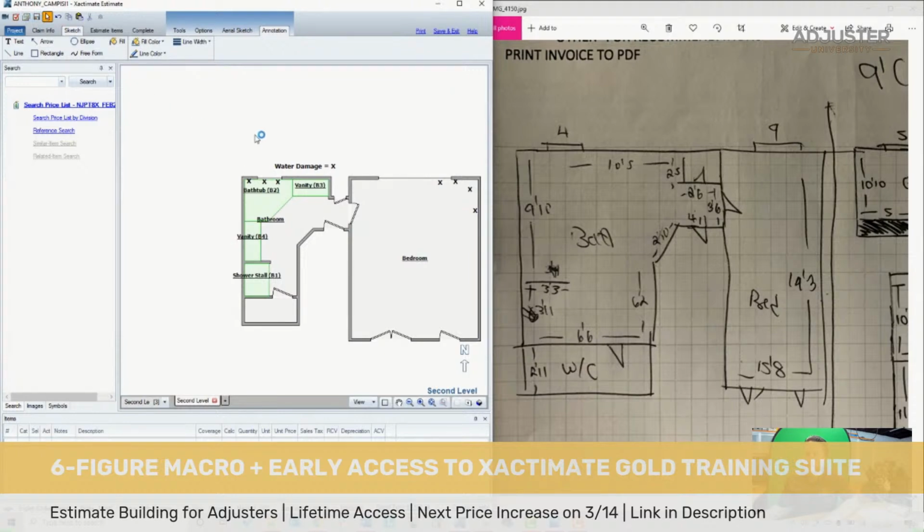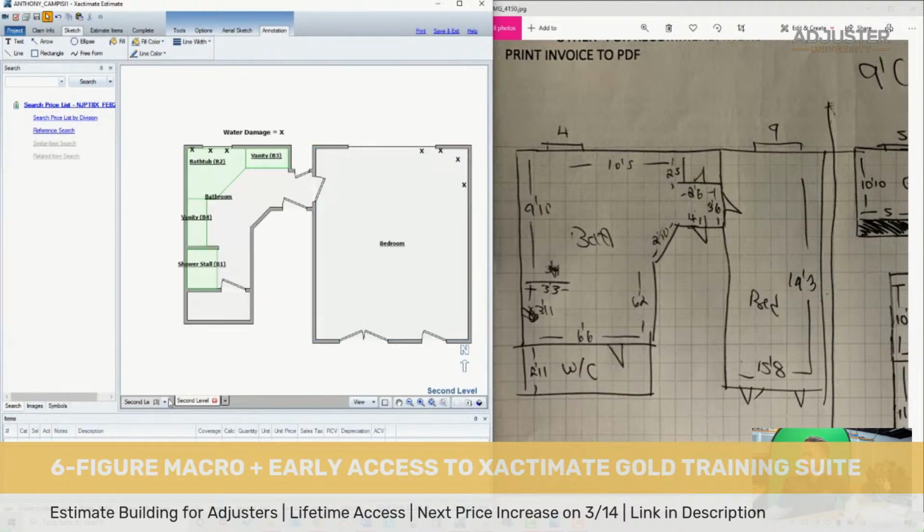Another note, if you see my cursor right now, it had the little twirly thing that it was thinking. Xactimate will crash on you a lot. It's important to have your autosave settings set so that you're constantly saving your work. But even when you're not, whenever I see that pop up, I make a mad dash to save, save, save, save, save. I'm running on a very good laptop, but it will still crash on you. Anyway,